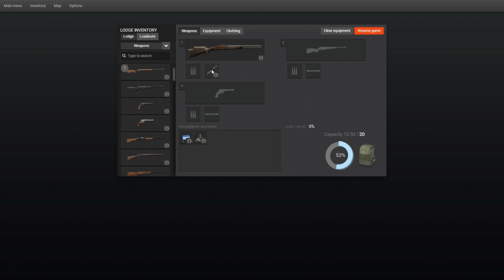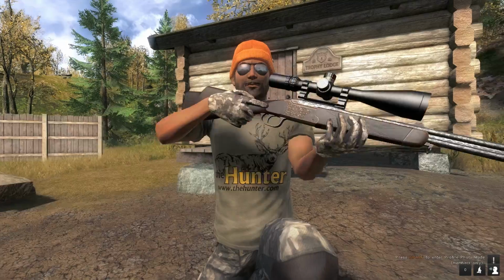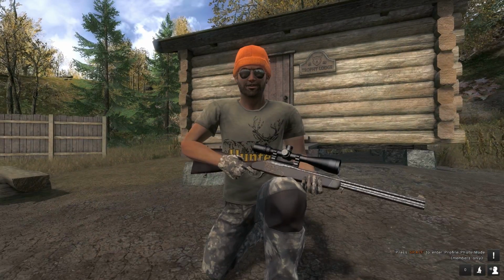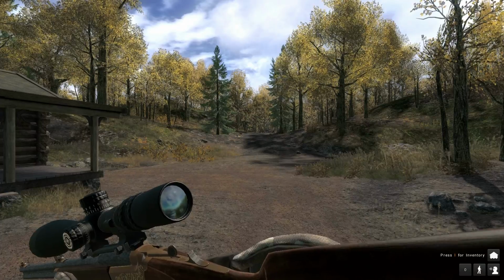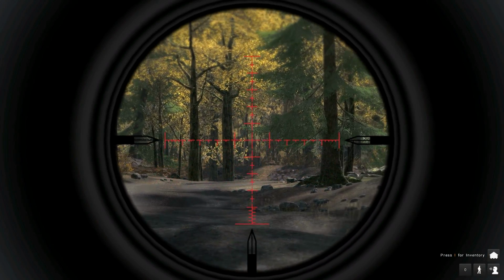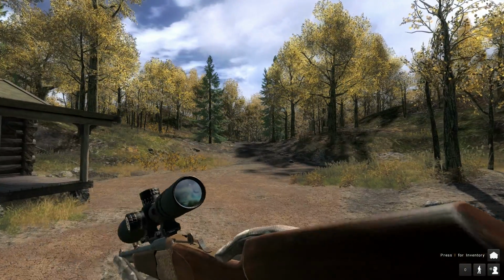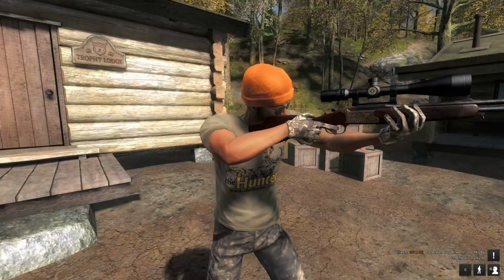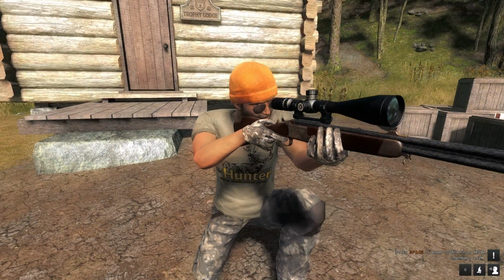So let's look at the other scope. Here we go, we've got the 5.5 now. This has got a red reticle. I often like the reticles which are the simplest, just a simple cross or a little red dot. I think they're my kind of favourites. This has got red steps with pluses in between. As you can see, the scope is actually massive on the gun, they're really big. It looks really neat. I actually like the look of how this is, but I'm not too fond of the